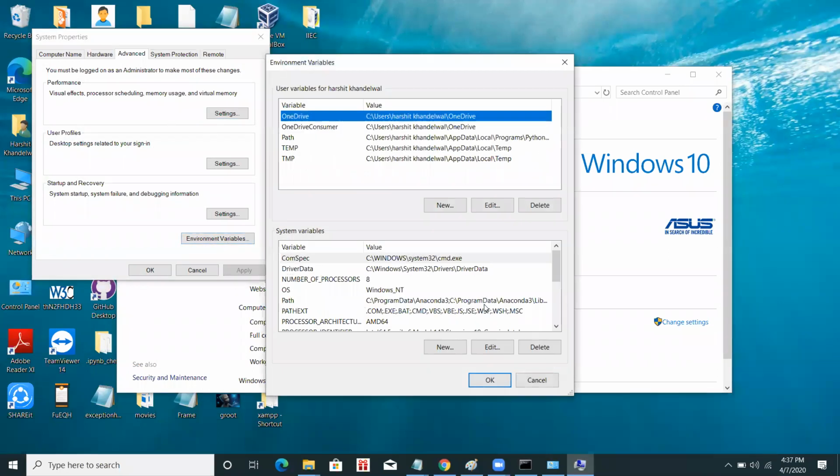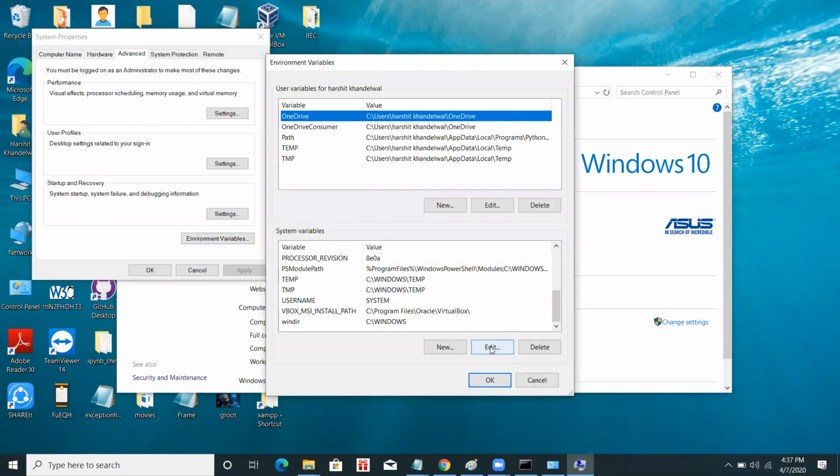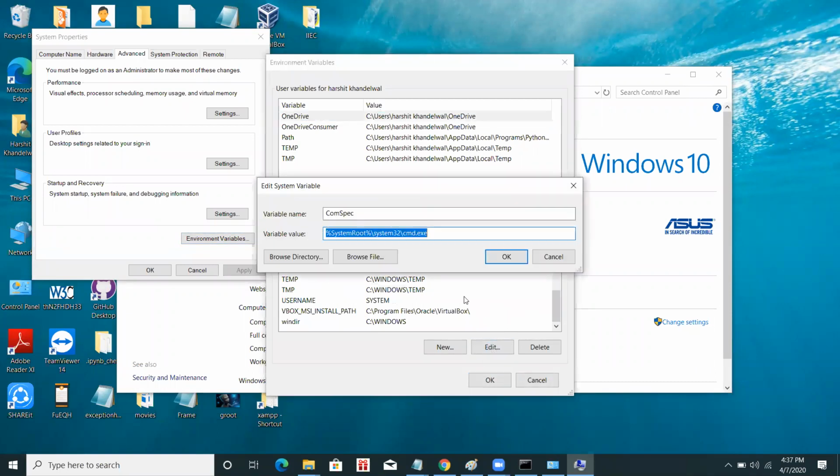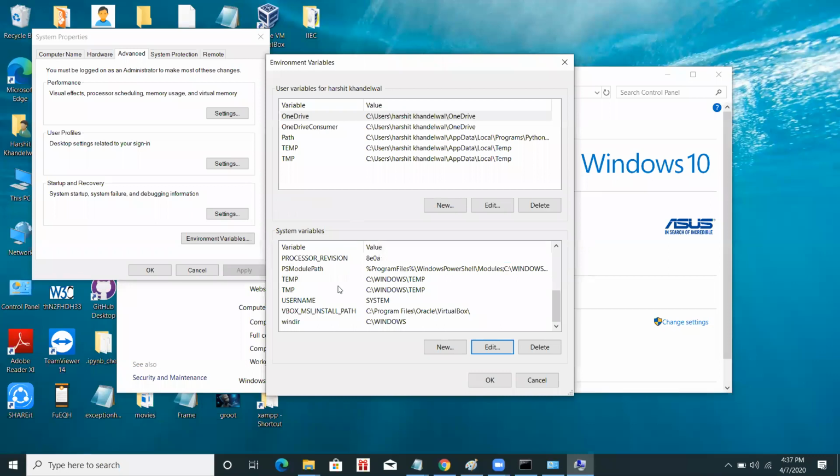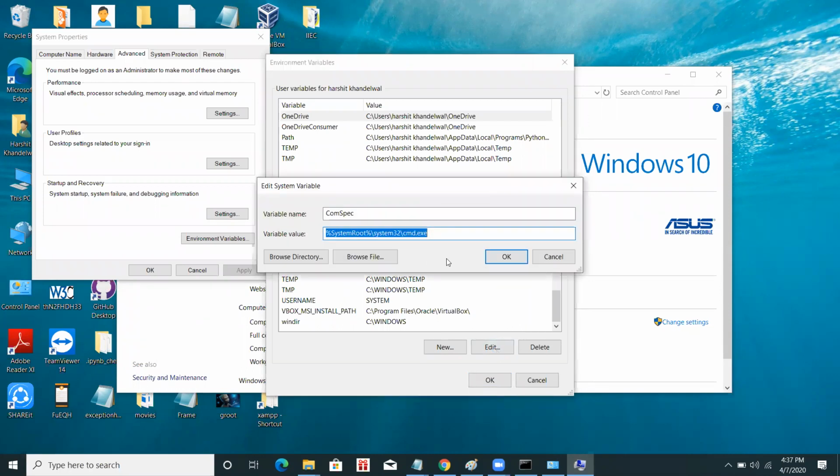In this process, next we will click on edit. Here, in edit, we will give the variable name, and I will paste this path. I just selected this one. Okay, fine. Now I will do this edit, and further we have to click okay, and we can set our variable path.